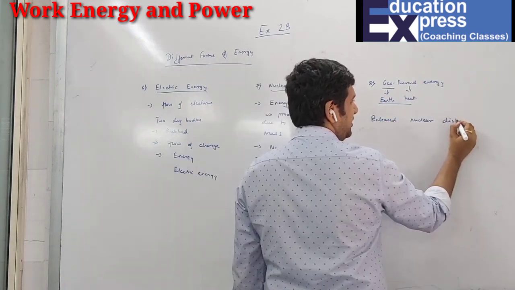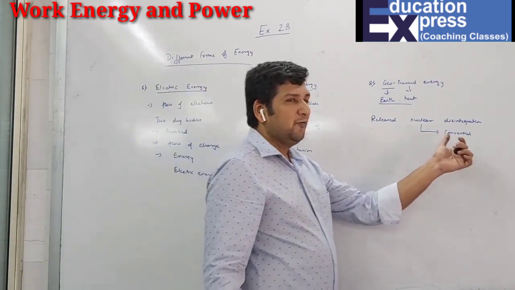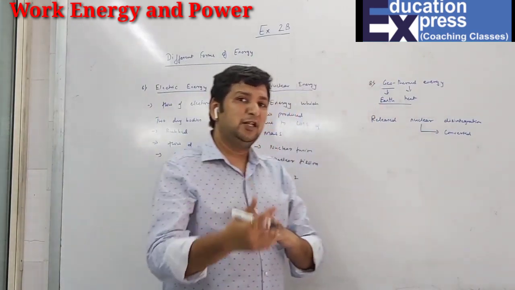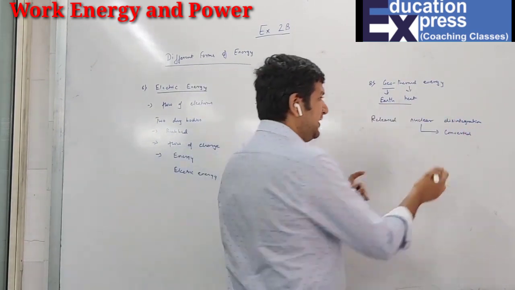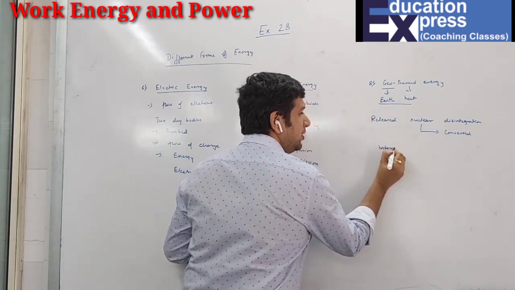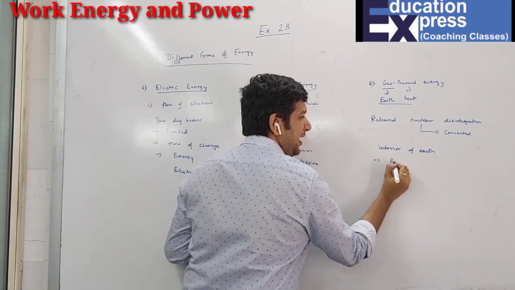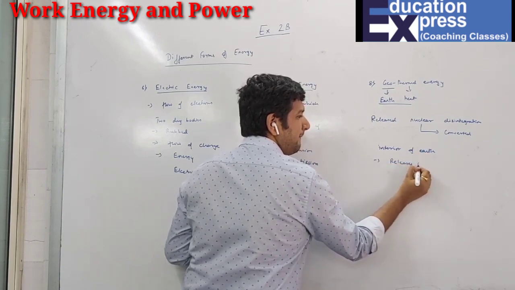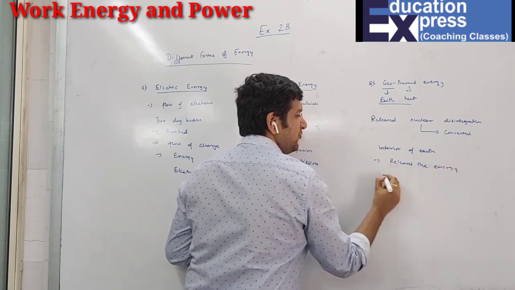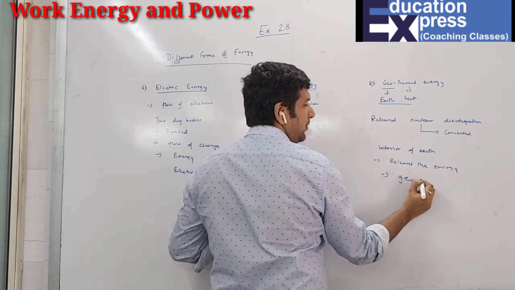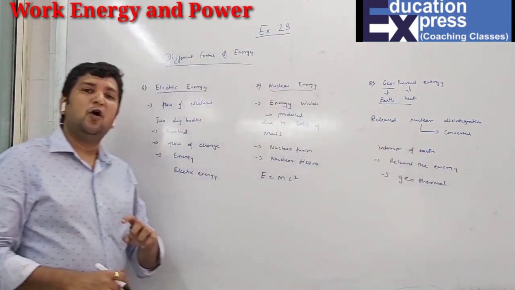What do you mean by nuclear disintegration? When the nucleus gets converted from one form to another because of a change in the atomic number, it is said to be nuclear disintegration. During the nuclear disintegration which takes place in the interior of the earth, it releases the energy which is said to be your geothermal energy.